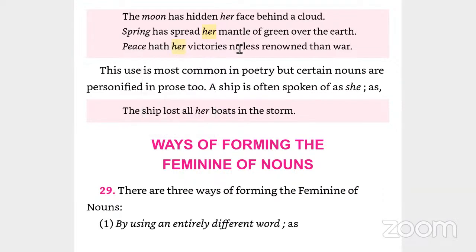Can anyone tell me what is the meaning of the third sentence? Bhavya Chetan, can you tell me the meaning of the third sentence? I really can't understand it. Good. Anyone else? Okay, Pratyanshu is raising her hand. Pratyanshu, unmute and answer. Okay, sir. I don't know. I will try. Peace hath her victories no less renowned than war. Does everyone understand the meaning of the term renowned?